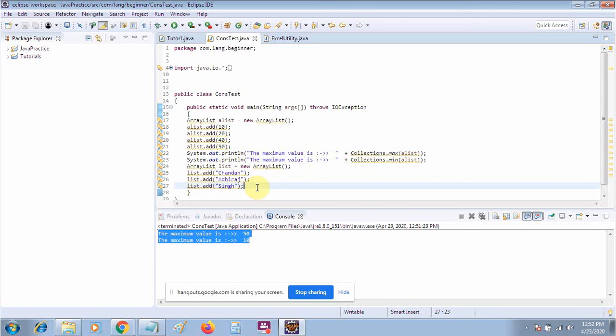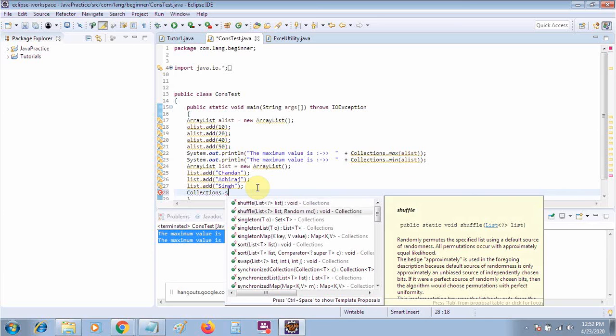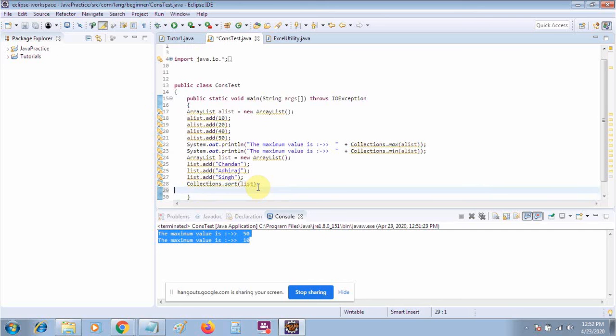So how will it be done? We will use the Collections class and its static method. So how will it be sorted? First of all, I will say Collections dot, there is a sort method. So you will use this one. Now your list will be sorted. Now you can print your list very easily.